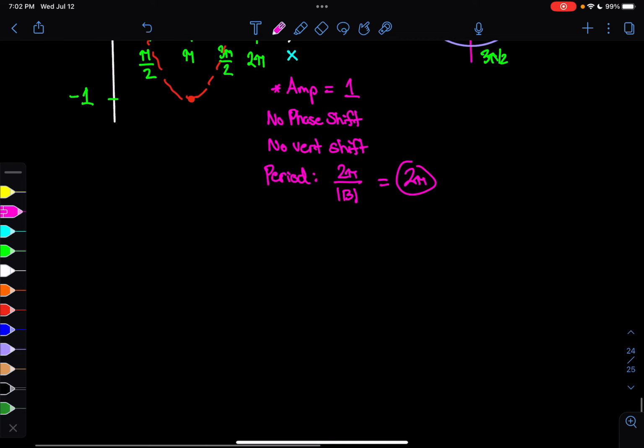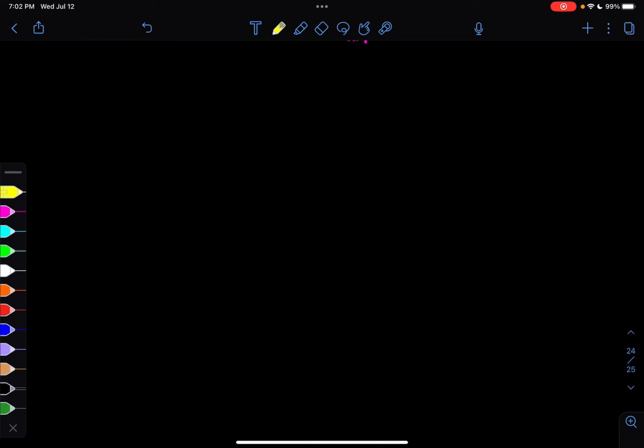Okay, so now let's try and do a modified one. Let's do y is equal to -2 cosine of (2x minus pi) plus 1. Okay, so what's the strategy here? The strategy is going to be to figure out all the pieces and then try sketching it. So maybe I would say,